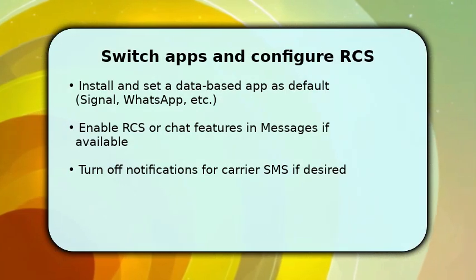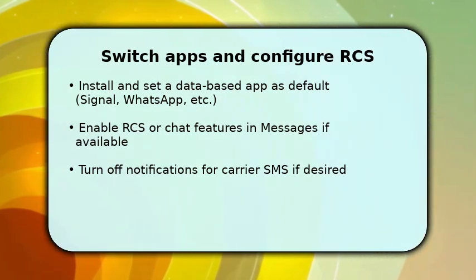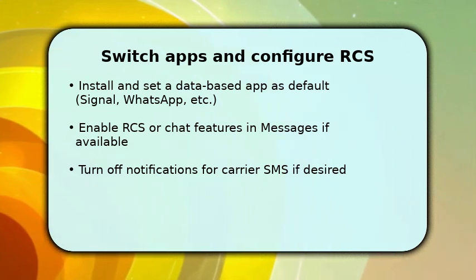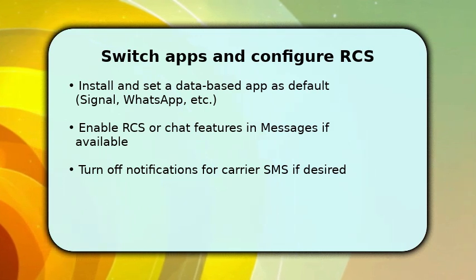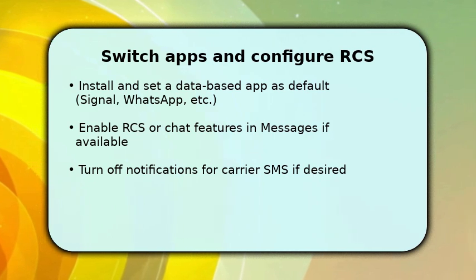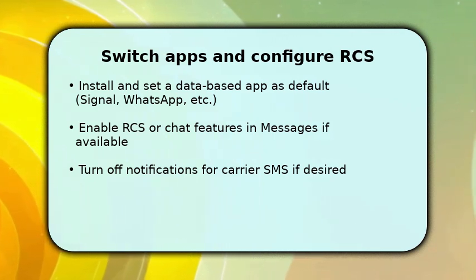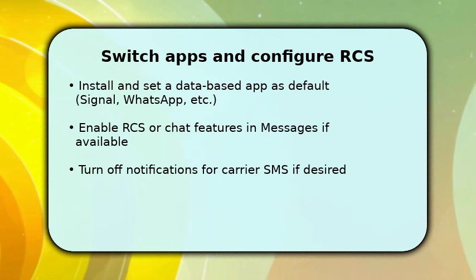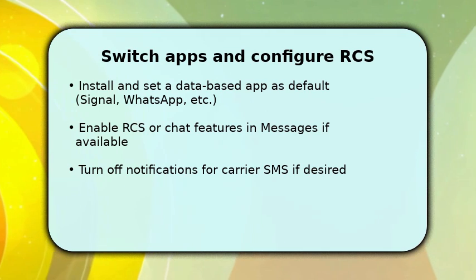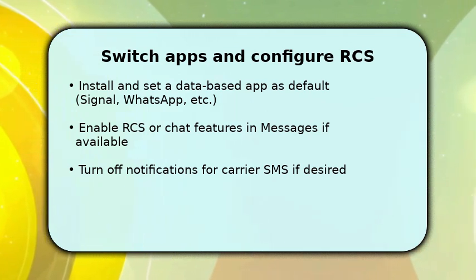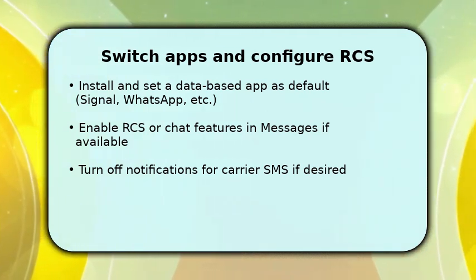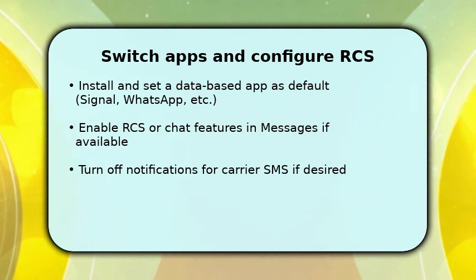Next, you replace SMS with a data-based messenger and configure enhanced messaging on Android. Install your chosen app and set it as the default for messaging where the OS allows, or sign in so contacts sync. On Android, open Messages settings, chat features, and enable RCS to get rich, internet-based delivery. Make sure your carrier and number are verified. Once done, disable carrier SMS notifications so you won't be alerted to traditional text threads, and test by sending a